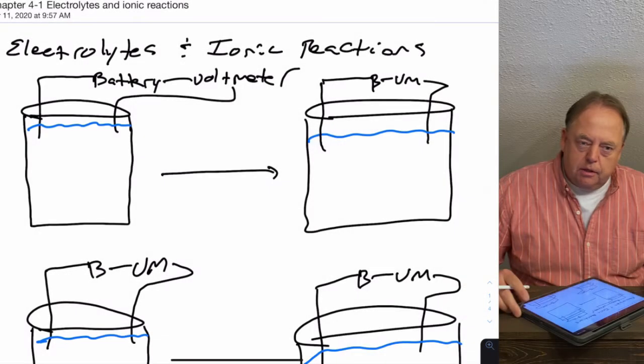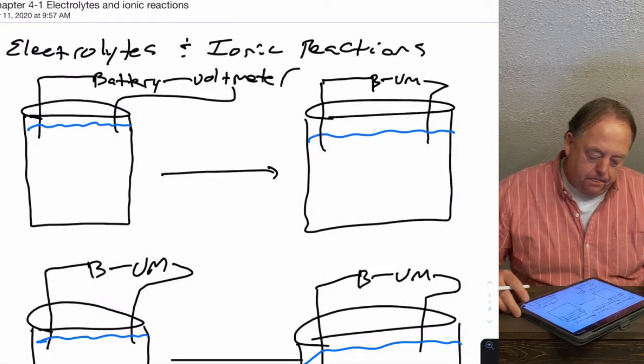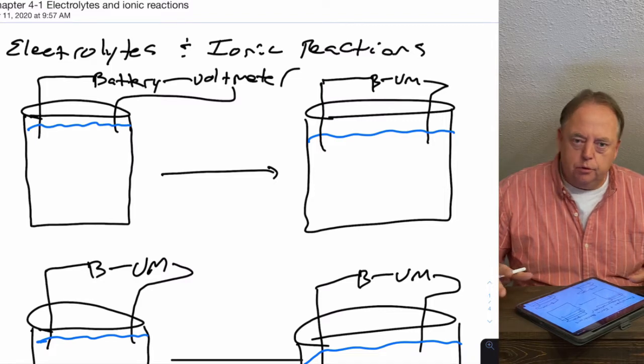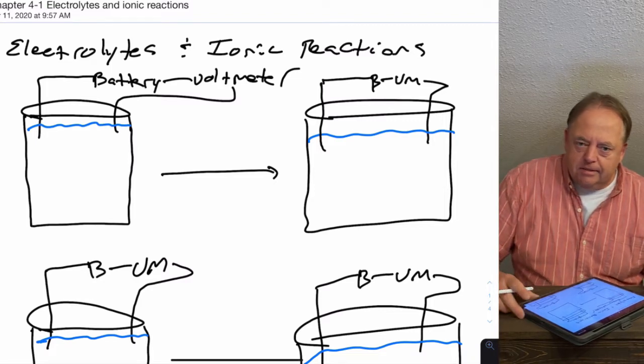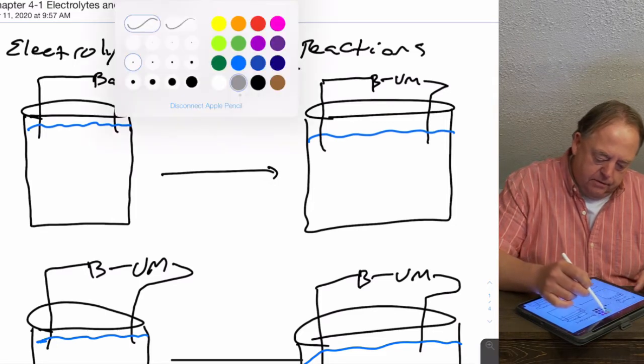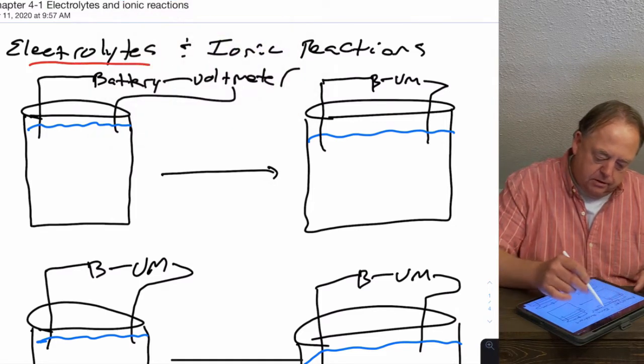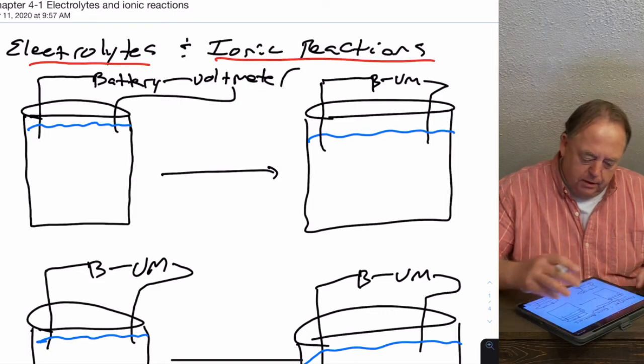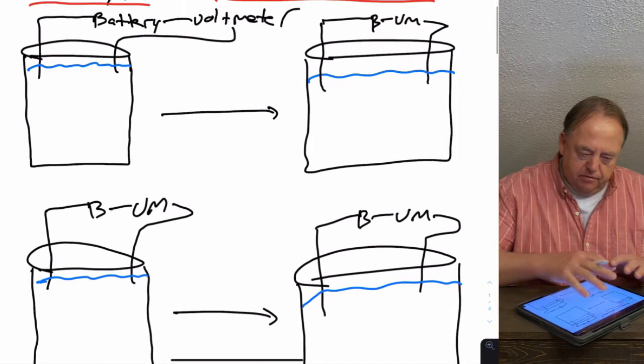This will be the first lecture out of chapter 4. This chapter 4 deals with solutions and different types of chemical reactions. To start off with, we cover this concept of electrolytes and ionic reactions. If you set up an experiment like this, you have a beaker with water in it,